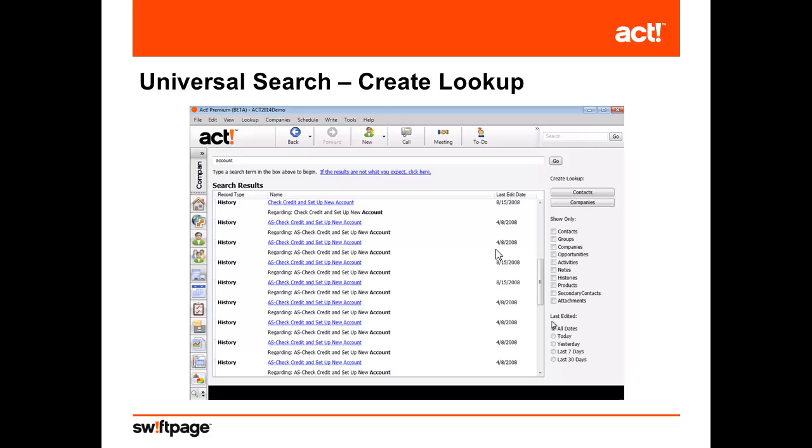Universal search already existed in ACT, but it got a whole lot more useful in version 16. Universal search allows you to search across your database by keyword through all record types and fields, and even select attached documents. So for example, I can now pull up a search on the term account and find all the